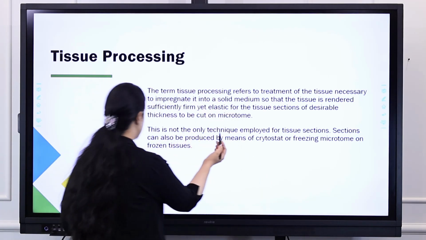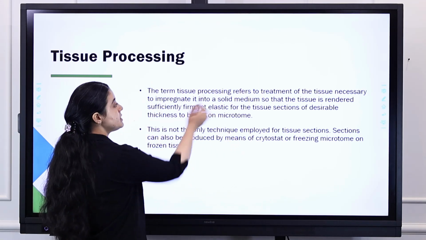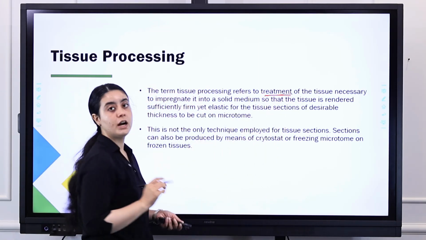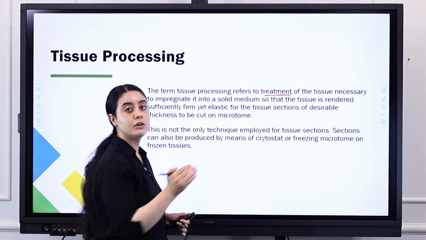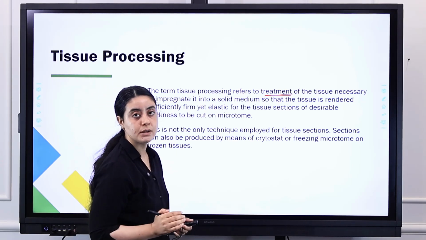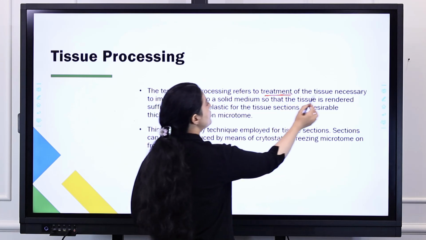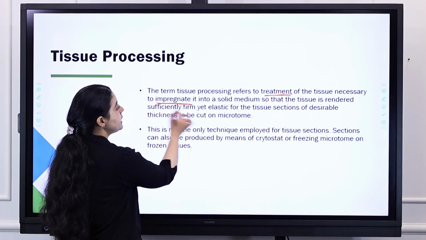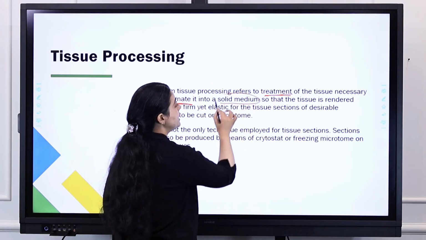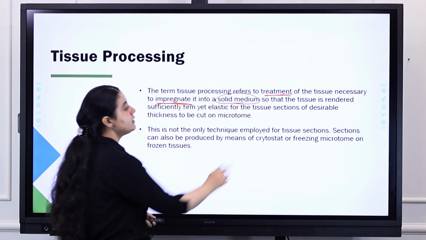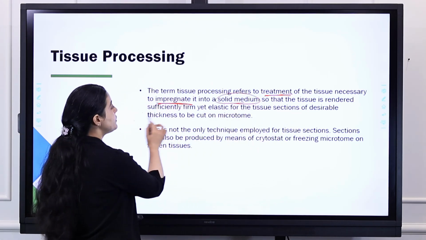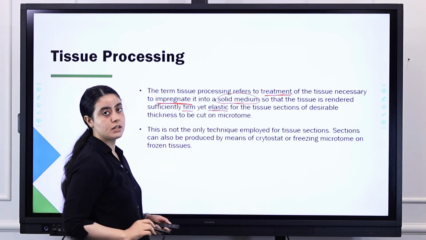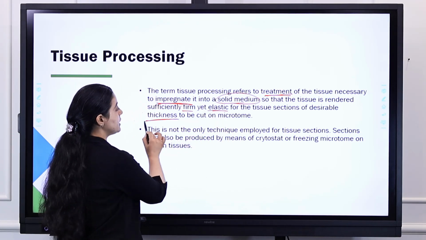So what is tissue processing? The term tissue processing refers to the treatment of the tissue. We have to do the gross examination of the tissue, and the treatment of the tissue, which is necessary to impregnate it into a solid medium, right? So that the tissue is rendered sufficiently firm yet elastic for tissue sections of a desirable thickness to be